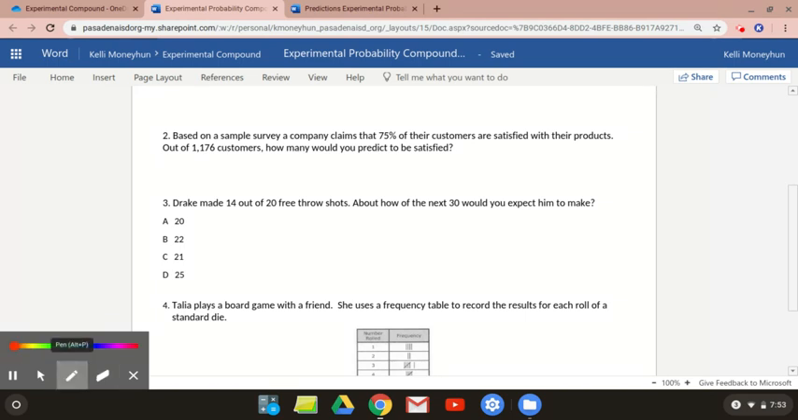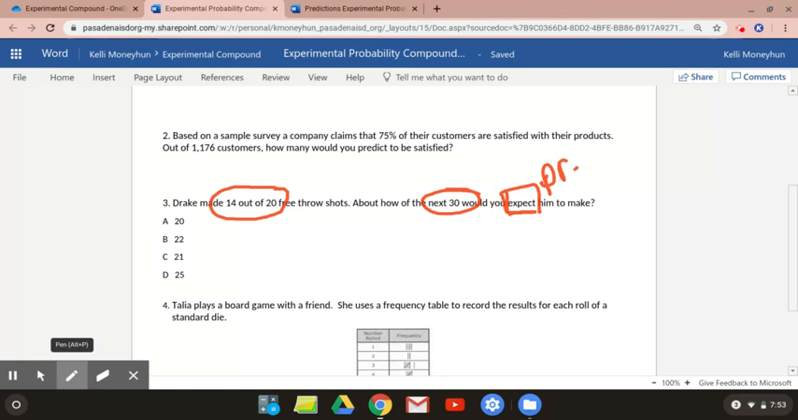Y'all are doing awesome. Number 3 says Jake made 14 out of 20 free throws. That is a probability. About how many of the next 30 would you expect him to make? This word expect means that it is a prediction. Prediction means